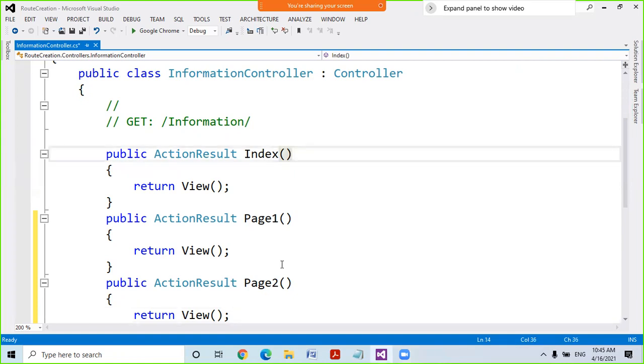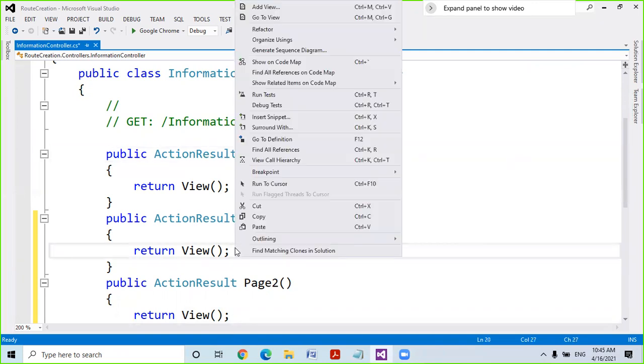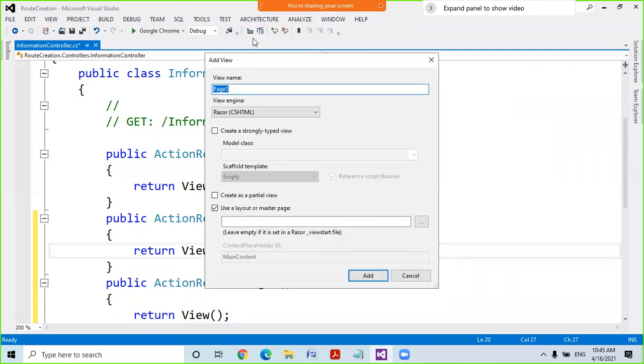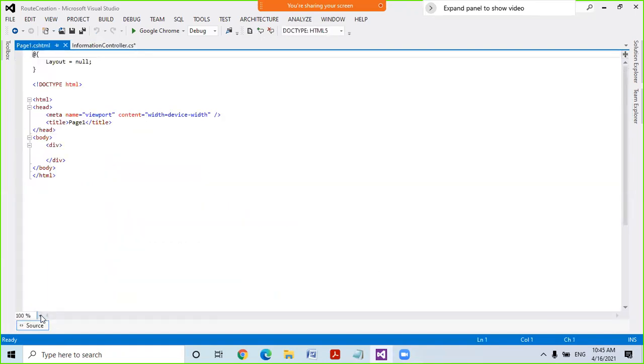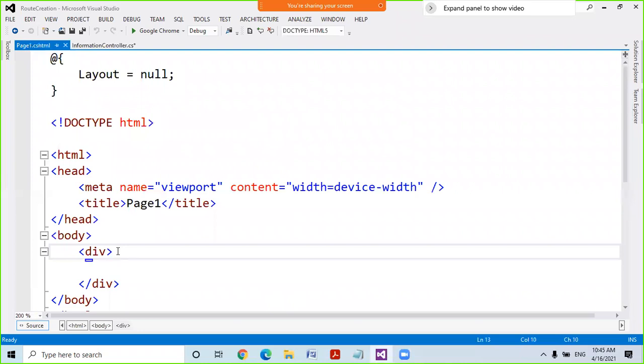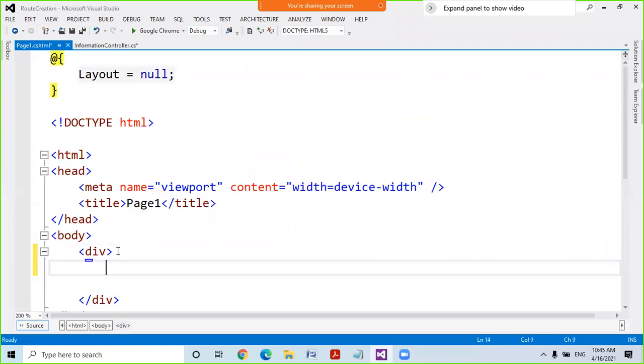Okay, so we have created the two functions in the controller. Now I add the page 1 view. This is my page 1 view, and in this we have to write some heading: Page 1 view of information controller.